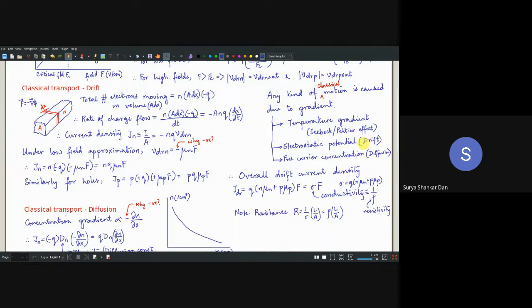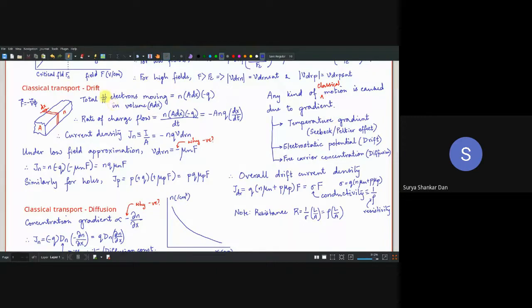Now these are things which you are all aware of from your ECE courses, but for those of you from an electrical background, or who have forgotten, this is just for you. So if it is classical transport, drift and classical transport diffusion, I'm not going to bother about the temperature gradient now. If you are interested, you can go back to your high school books, like Resnick and Halliday. They have essentially defined it, and another very good book is University Physics, by C.S. Zemansky. You can go through that as well.